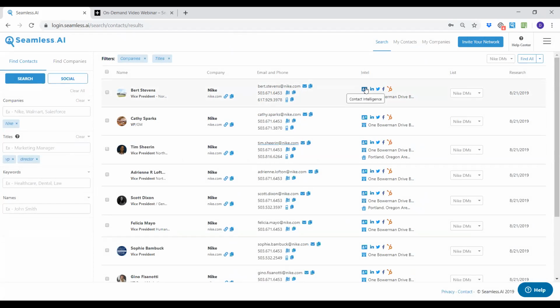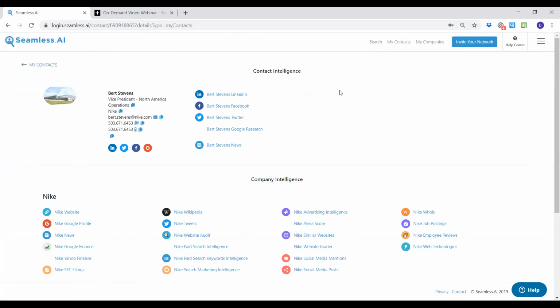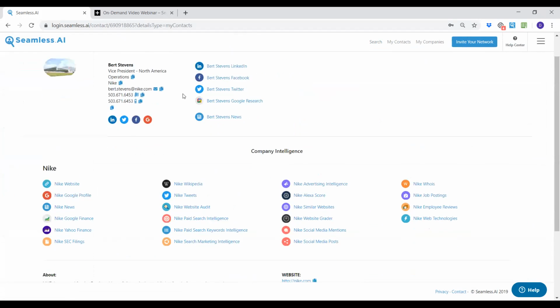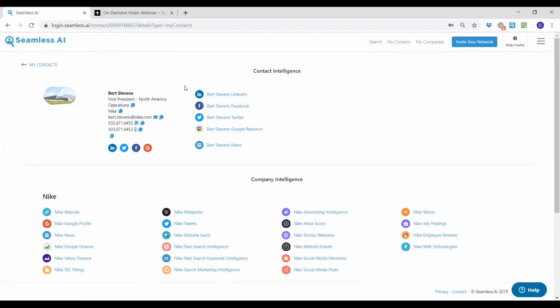One is under here in Intel. And I always point this out because I think it's easy to miss out on the information that you can gather here. In the company Intel feature, you can review specific information about the contact that you found, linked directly to their LinkedIn profile, Facebook, Twitter. One of the reasons we've included this is to give you options to intelligently build out your call script and your pitch to tailor it directly to Bert, to make it easy for you and your team to have resources on hand that not only help you learn more about him, where he's worked before, what he's posting about, but